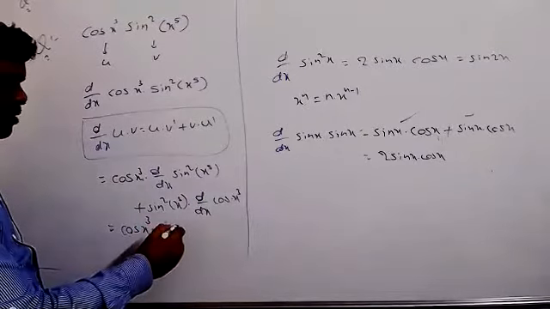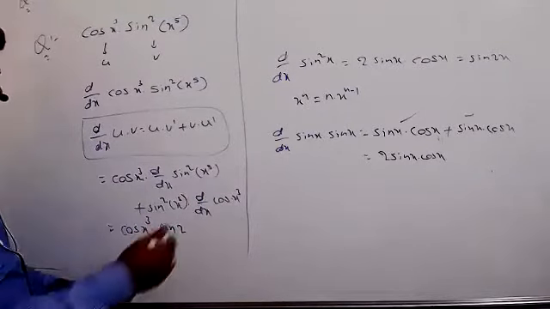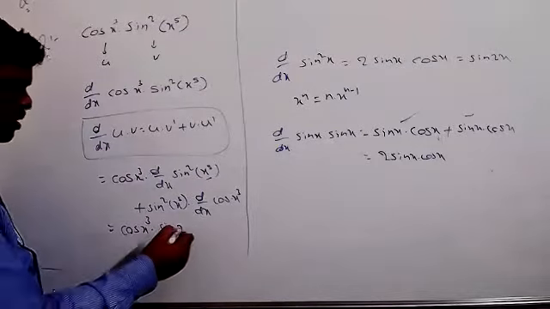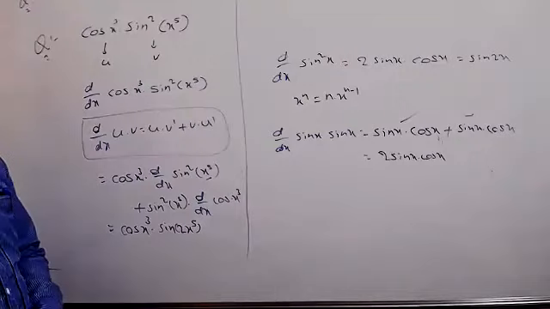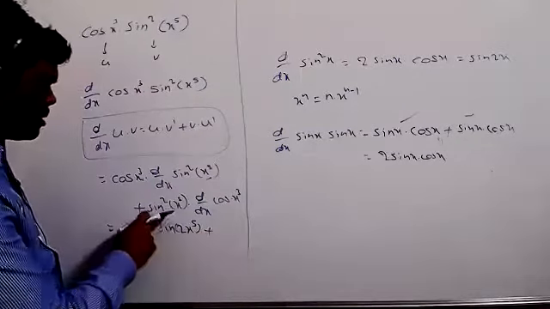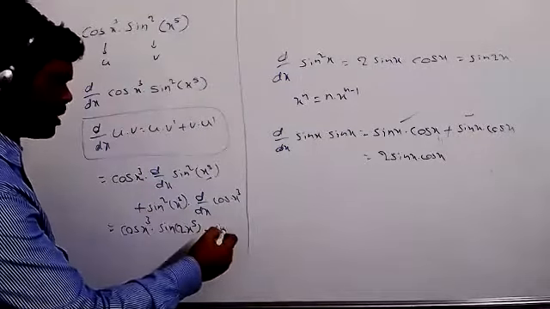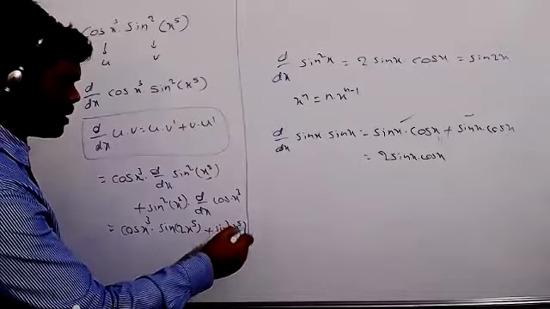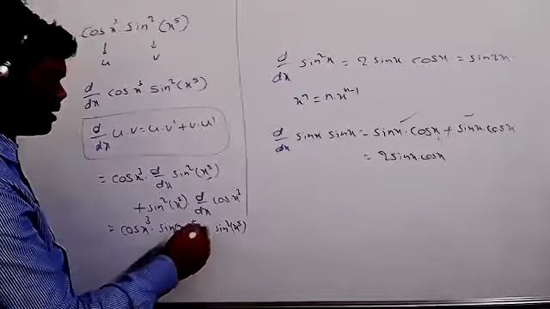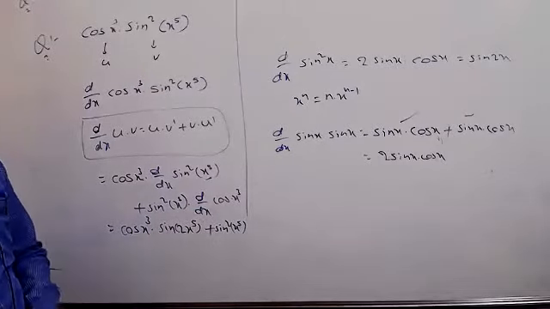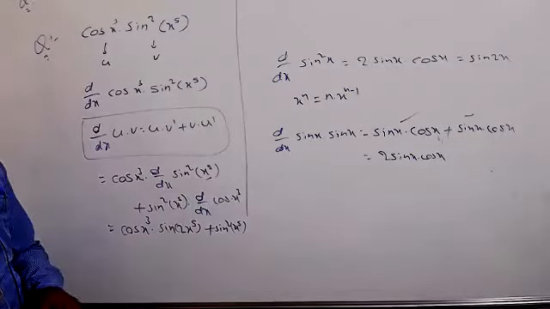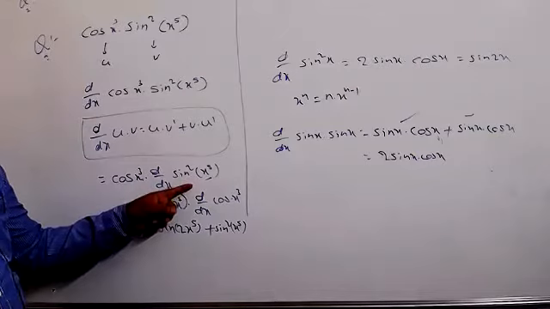That means you can now write 2 sin 2 theta, with x power 5, so 2x power 5. This one, plus sin square x power 5, write as it is. And what is the differentiation of cos x cube? Differentiation of cos theta equals minus sin x. And here also you can do one more thing now.